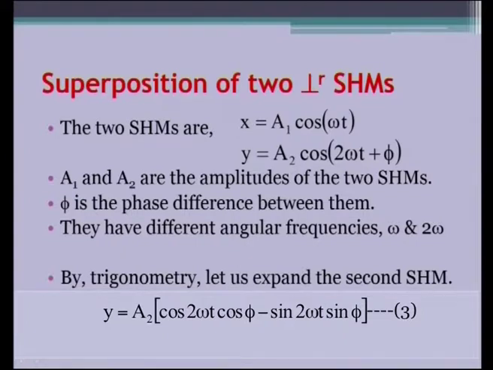Using that identity, we have expanded. Just for the variation, we have taken the cos terms here, because cos also is an equivalent term. This also will have an SHM. So, we have taken up, for a change, cos terms for this SHM. So, we have expanded with the trigonometric identity.